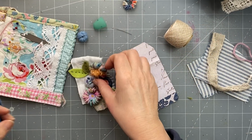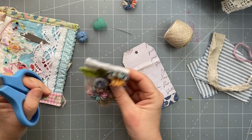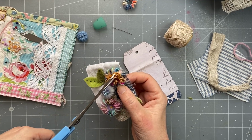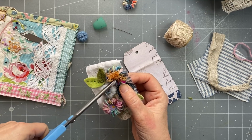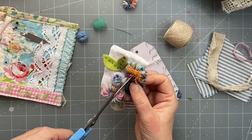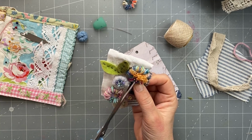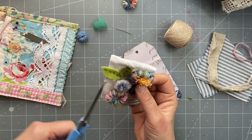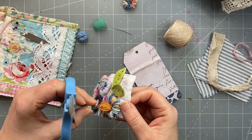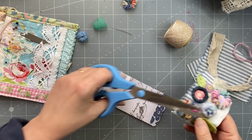Okay, so I'm back, and I'm really happy I decided to do that. I'm recording. Okay, so now I need to trim these. So first I'm going to open them, sort of the loops. Put my big whopping scissors in there. And I'm just going to give it a little trim. Don't have my little basket here. Where will I trim it onto? I'll trim it onto here, and then I can...